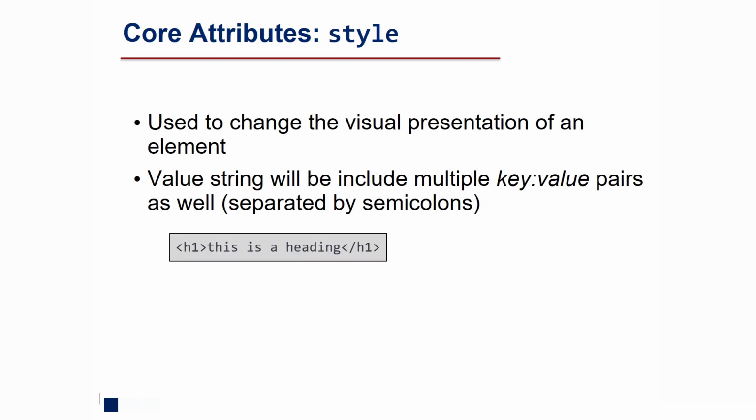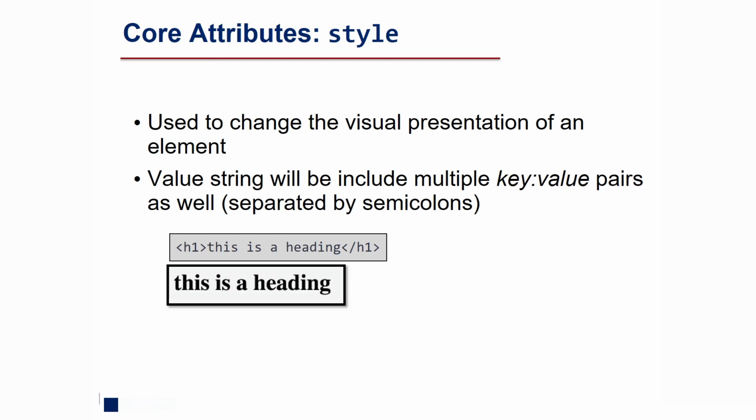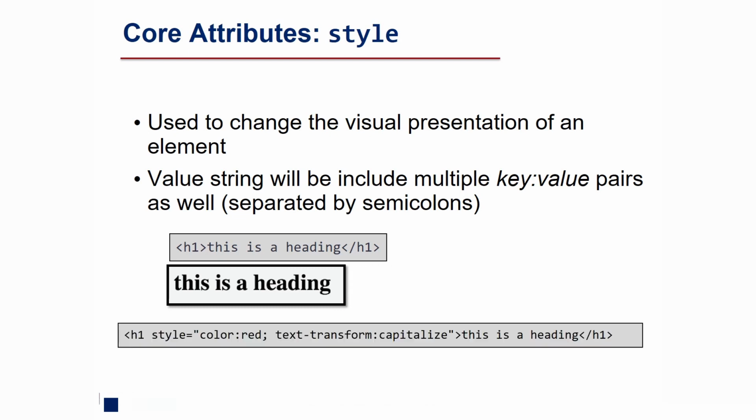of the content. As a very simple example, I have an H1 piece of content, which in Google Chrome would be rendered like this. It's a little bit bigger than normal text, and it's bold. But I can use the style attribute within the H1 tag to tell it I want the text, the content, to appear as red, and I also want it to be transformed so that the first letter of every word is capitalized. So you see here, I have the style attribute within the H1 tag, and I have this key